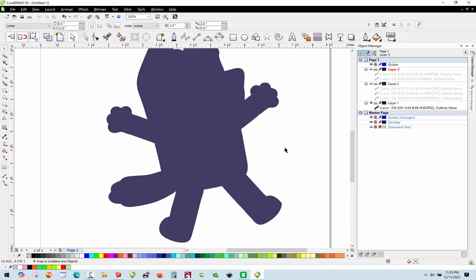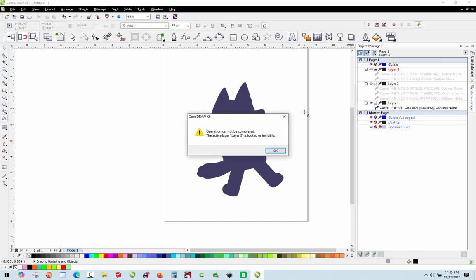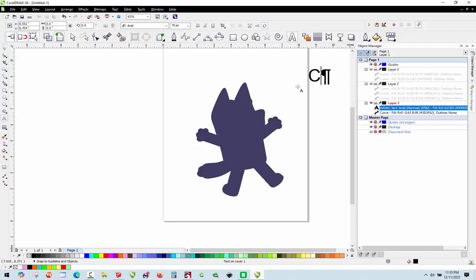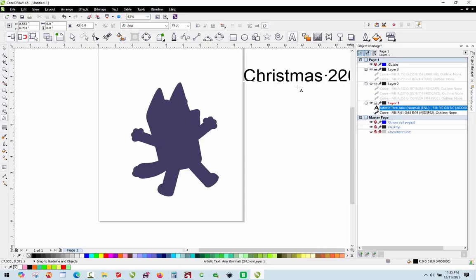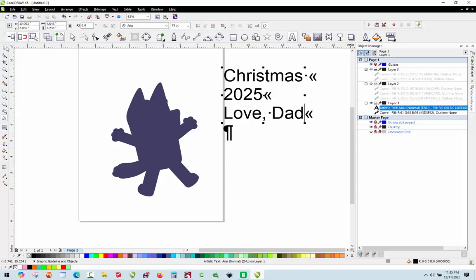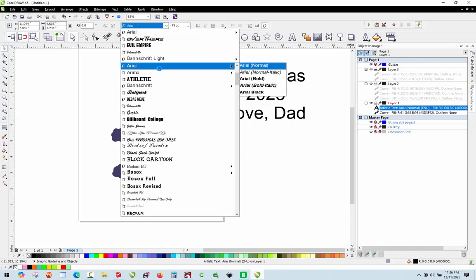So what I want to do that's going to complicate this project a little bit is I want to personalize this medallion. I'm going to make sure we're back on layer 1. So we're going to type in Christmas 2025. Maybe we'll do it like this, and then we'll do it like this. Love, Dad. Okay, so you might want to do something like this too. You might want to personalize some things too. You never know. Christmas 2025, and as far as the font goes, we're going to just stick with Arial,